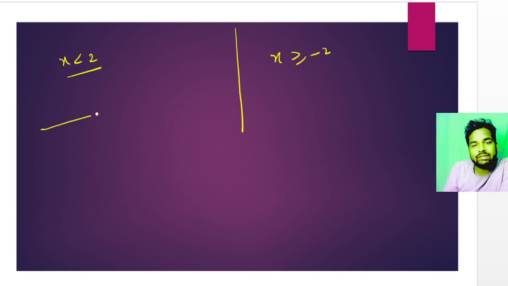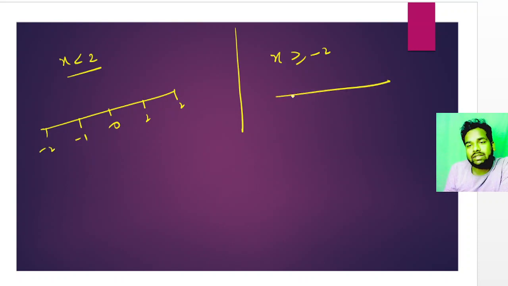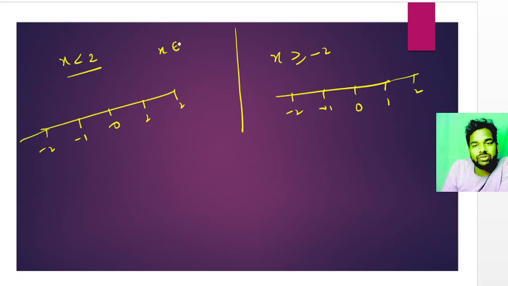Now represent this on a number line. This is 0, this is 1, and this is 2, and this is minus 1, and this is minus 2. Now since it is already given that the condition is that x belongs to integers, you have to mention the integers only. Minus 1 is an integer, 0 is an integer, 1 is an integer,